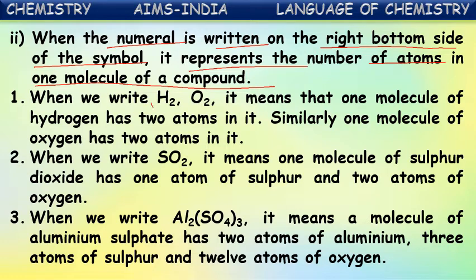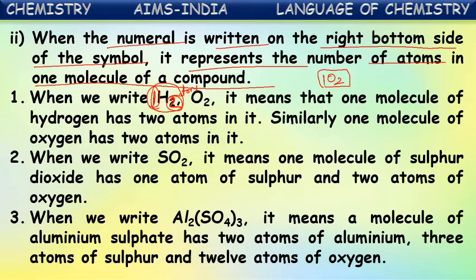See, when we write H2, we write 2 at the right side, in the subscript, isn't it? At the bottom we write it. This 2 belongs to this hydrogen. Here nothing is there, which means 1 is there. One molecule of hydrogen has 2 hydrogen atoms. This 2 represents atoms. This 1 represents molecules. Is it clear? O2: nothing is there, which means 1 is there.